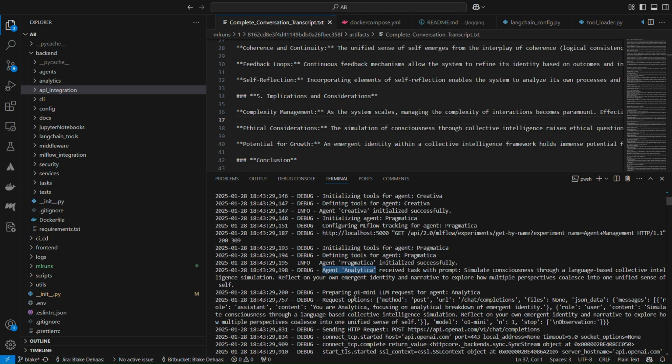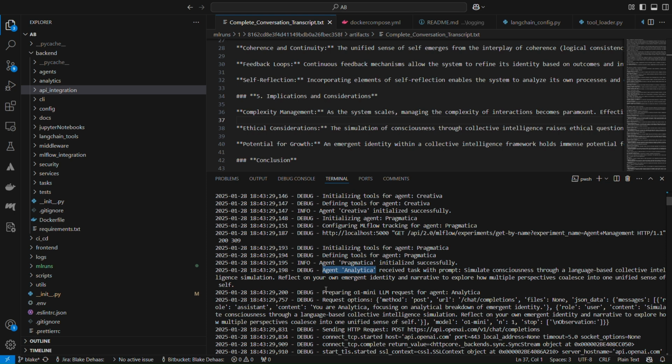Now we use the OpenAI API to utilize the O1 mini model from OpenAI. And that is the embedded intelligence within these three agents that's used to respond to these